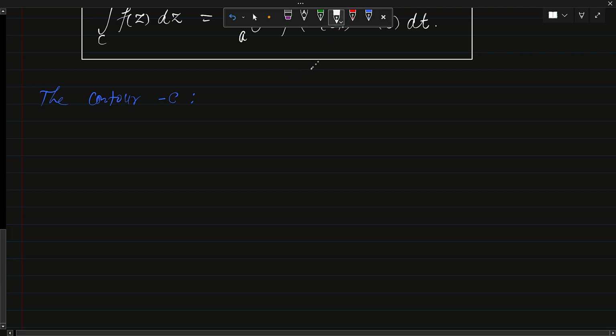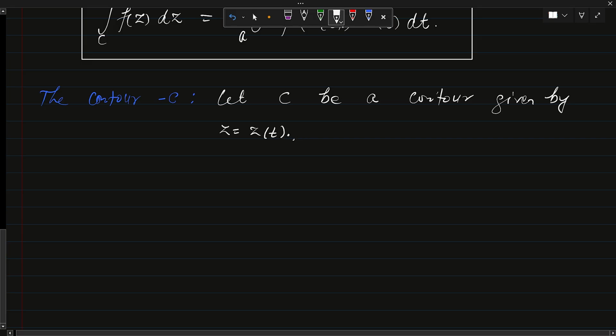So let C be a contour given by, this is a very important one. Here, the discussion we are going to have will become very important when we identify contour integrals and do their examples. So, C be a contour given by Z equals to